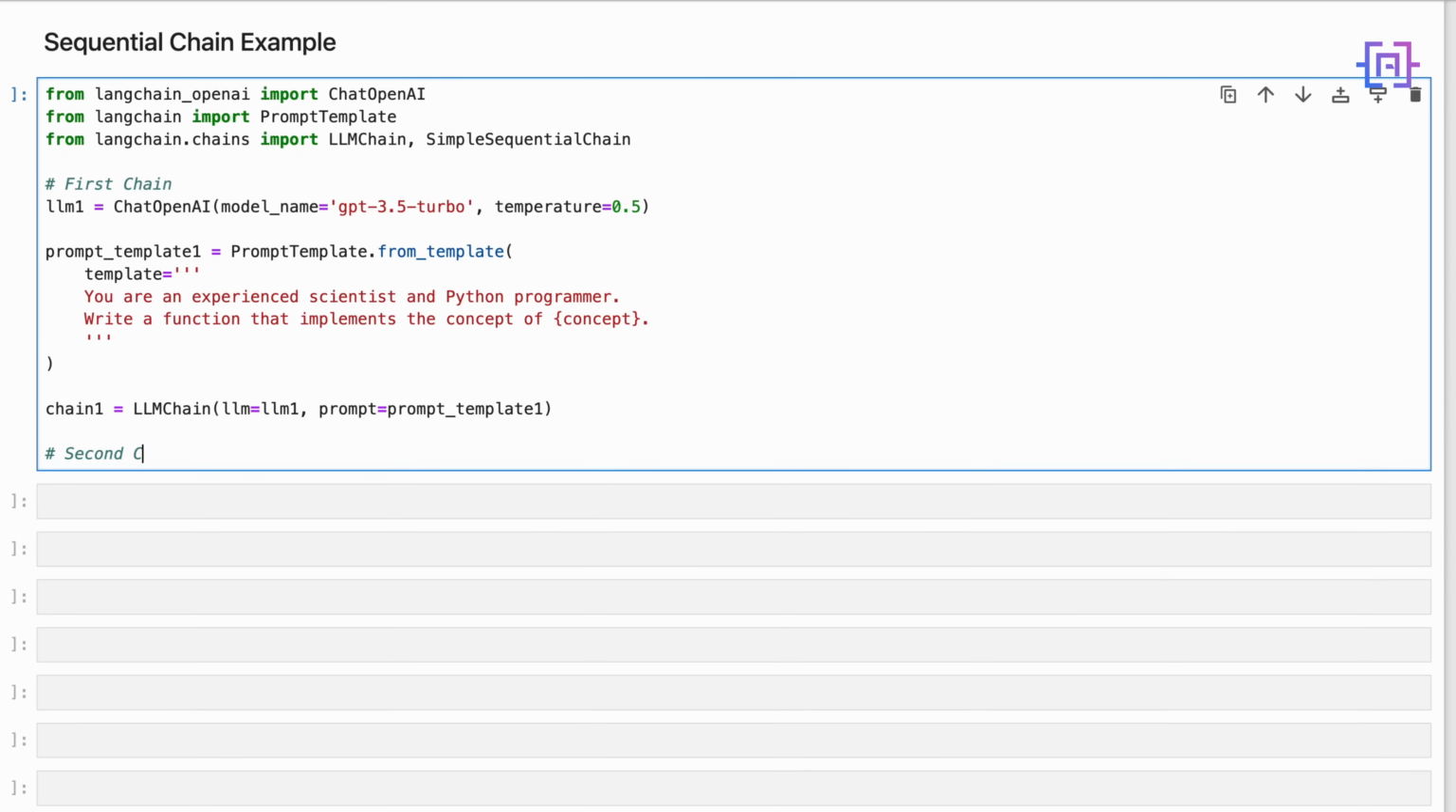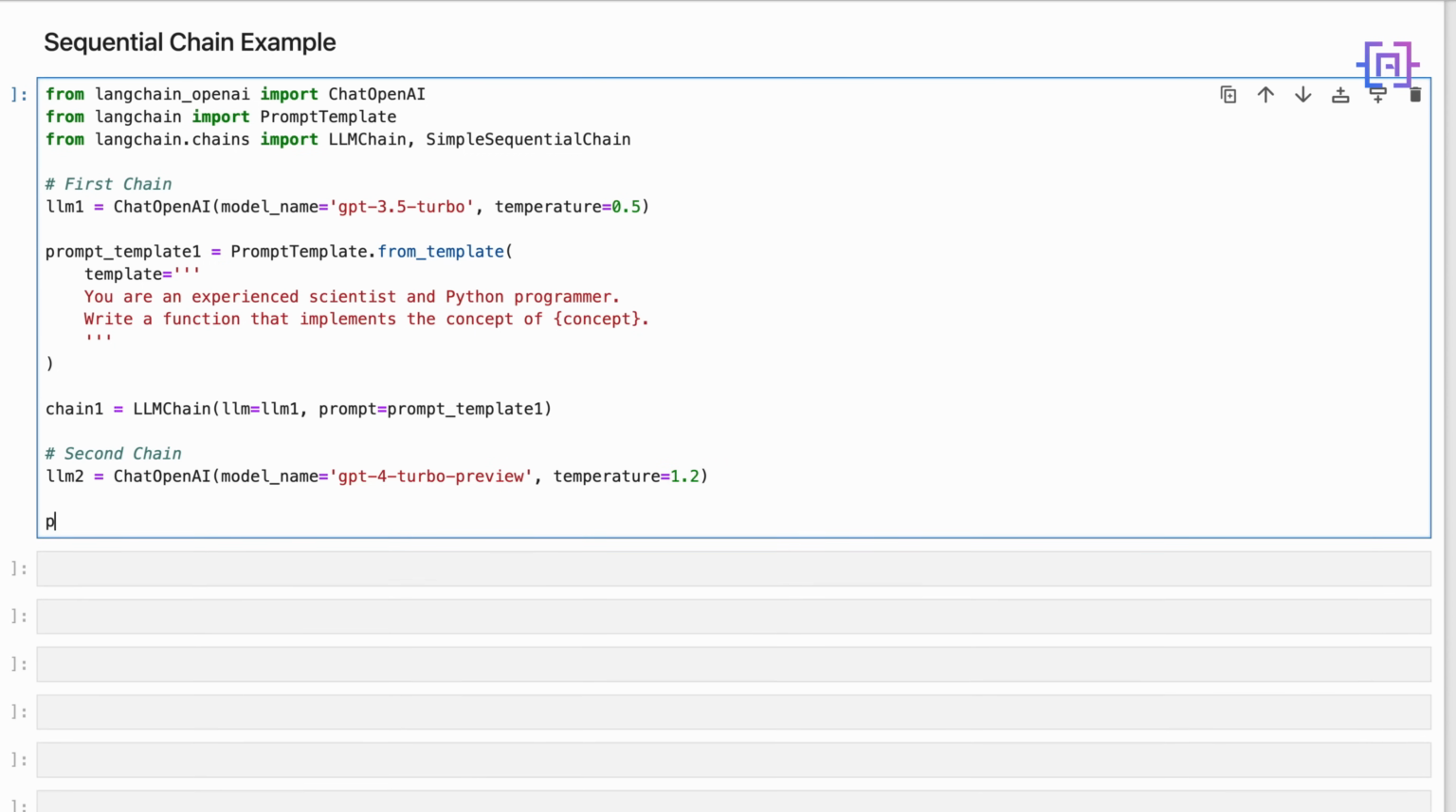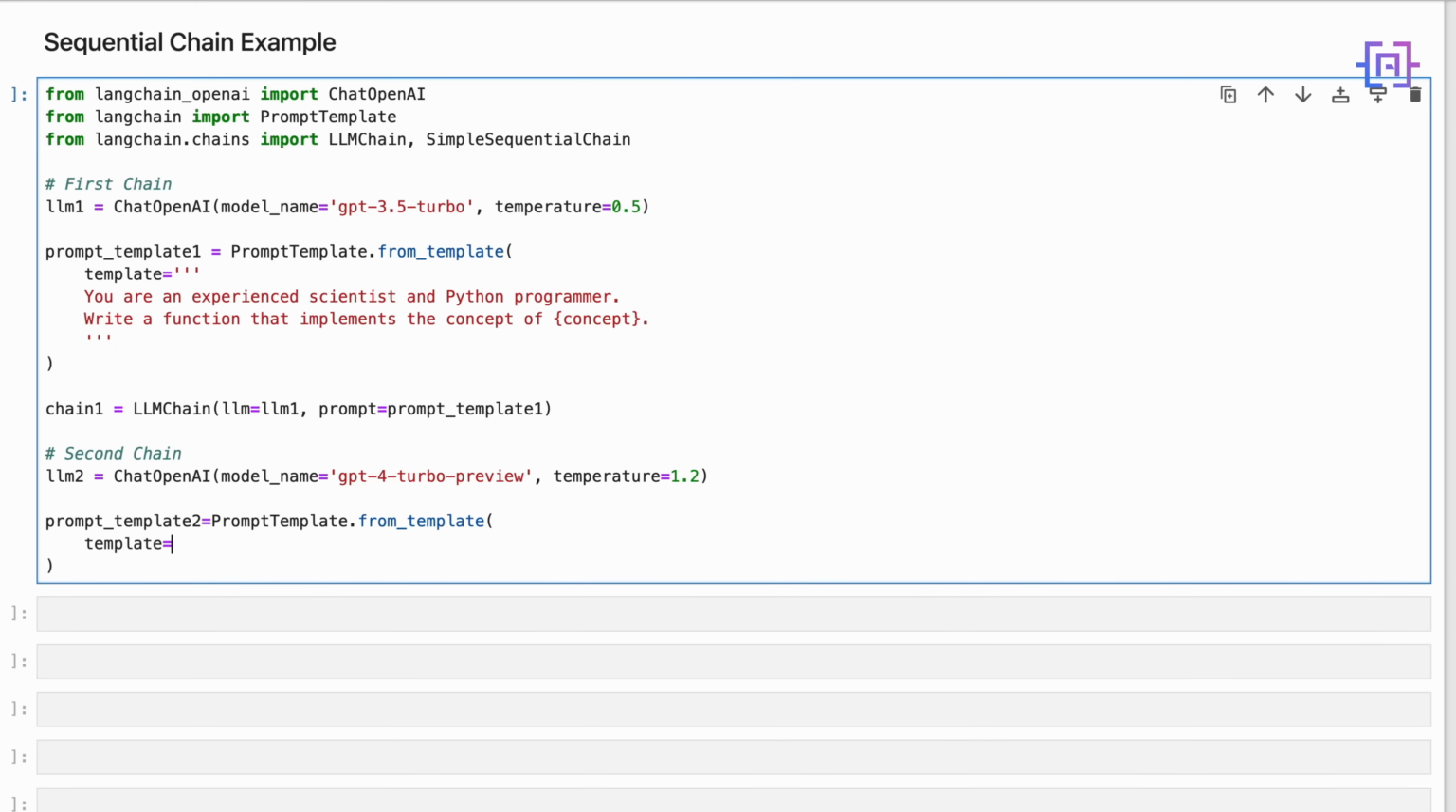So we'll say here second chain, llm2, is equal to ChatOpenAI, and model_name is equal to gpt-4-turbo-preview, and temperature is equal to 1.2 for creativity. After that, we are going to create the prompt template. So we'll say prompt_template2 is equal to PromptTemplate.from_template, and template is equal to: